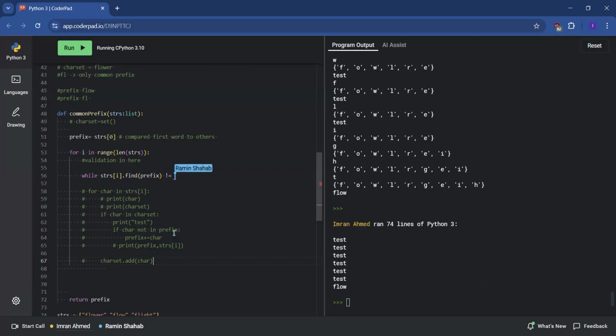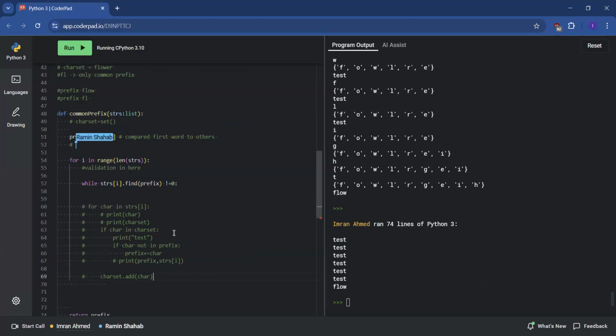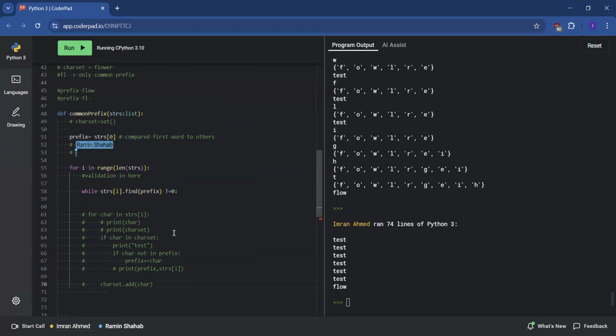So if it's not equal to zero, meaning if it's not equal to false, what I want to do here is work backwards on the prefix. So if the prefix right now is set to flower, what I want to do is work backwards. And what that means is, if the next word is flow,